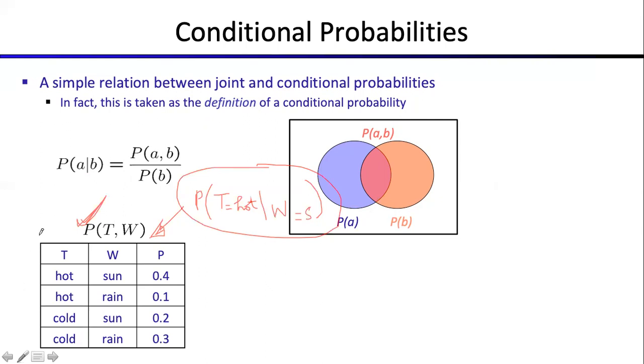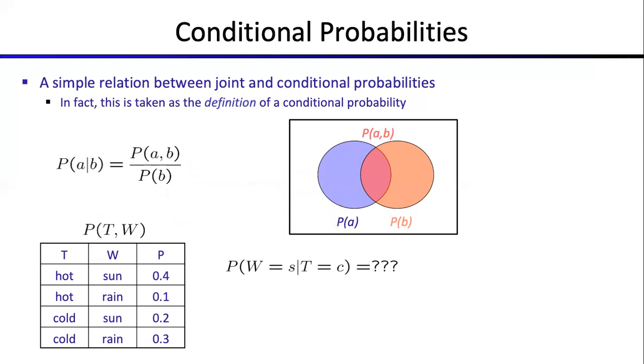I've got the joint distribution table. I know which value of T I have to look at and which value of W I have to look at. I will find the joint probability, and because the condition is W is equal to sun here, I will marginalize over my condition, and that would give me the value, the joint distribution value, or sorry, the conditional probability value. Okay, so that was an example I gave you. Let's say if I want to find this out,